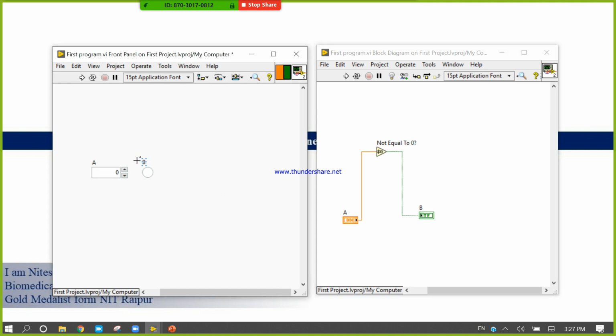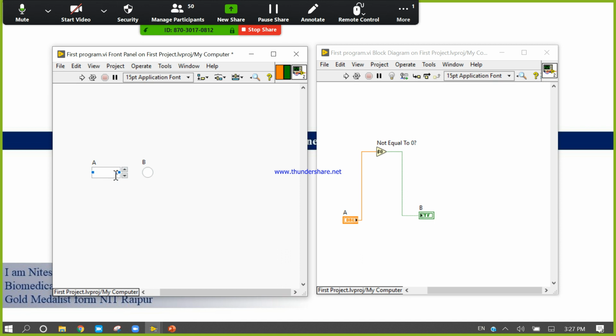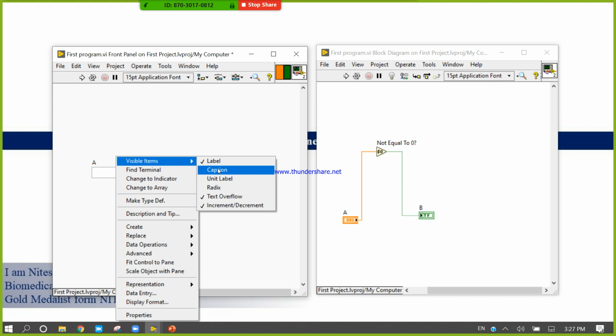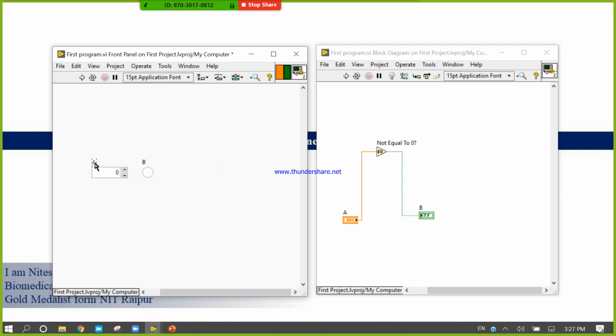But in the block diagram object, when I right click and come into Visible Items, here there are two things. One is a label, the second one is the caption. So here label and caption. If I click on the caption and give new numbers, there is no old data.